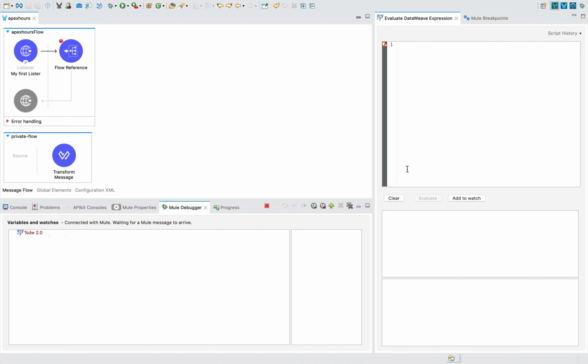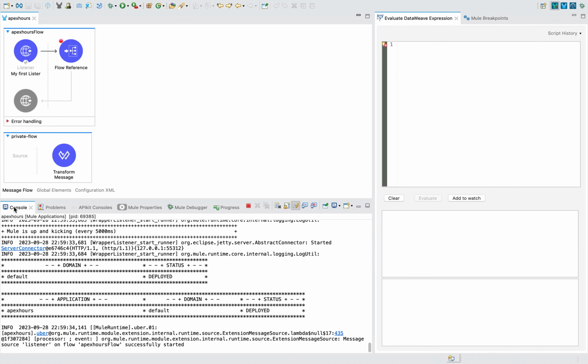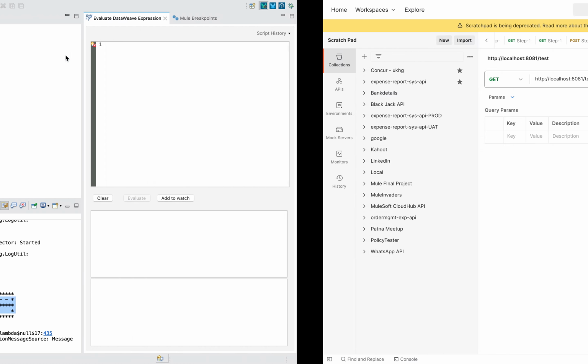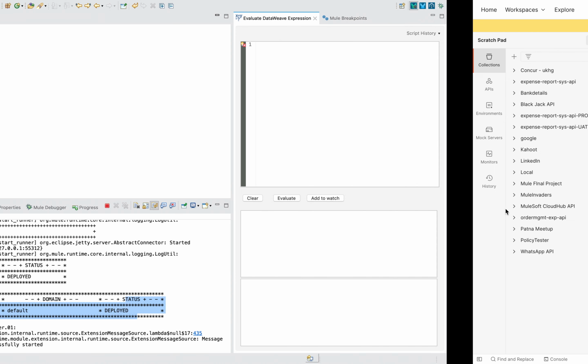Now to see whether or not my application is deployed, how do we do that? We always have to go to the console. Whenever we are debugging, we keep waiting to see the logs appearing over here. No, this is something else. This is the API Kit console, but we have to go to the console and then you can check that the status is deployed. Now that I added a breakpoint here, when you hit the same URL again and send the request,